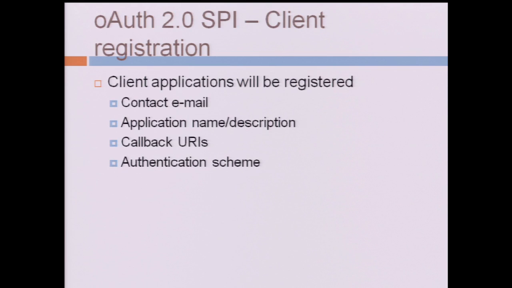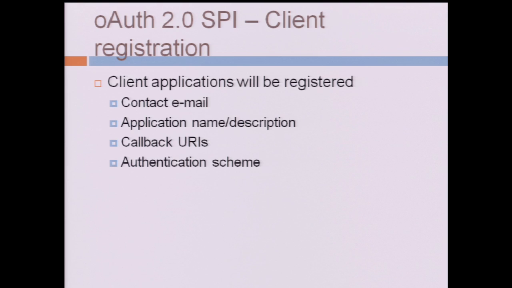Okay, so enough overview of OAuth 2. I guess what's more interesting is all the infrastructure plugin points. To support OAuth 2, you need to have a concept of client application. You need to register certain information with your system, right? For example, you have the name of your application and how you are going to do authentication with the